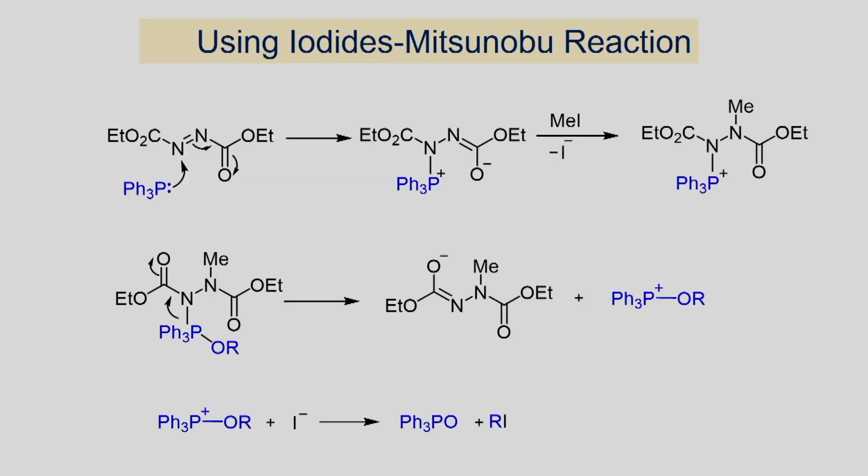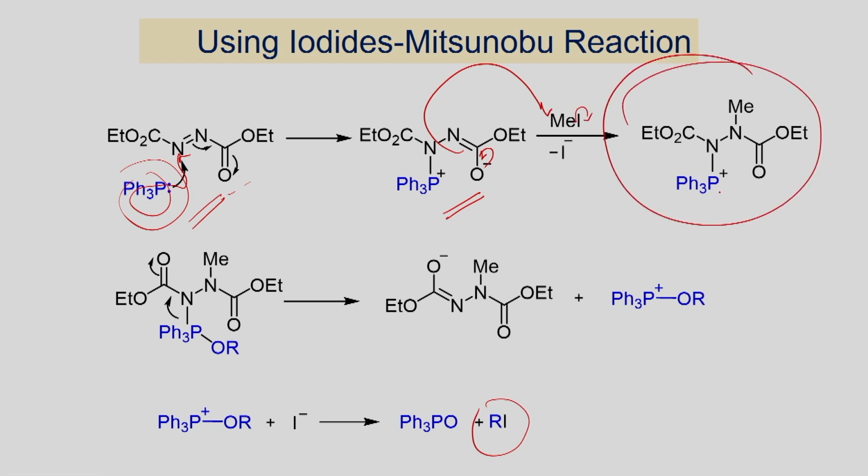In case of iodide, if you want to make alkyl iodide, the best way is to take diethyl azodicarboxylate and react it with triphenyl phosphine. Addition of triphenyl phosphine to the diazo functional group, as shown here, can lead to the formation of this intermediate. Once you form this intermediate, this can now undergo an SN2 reaction. If you have, for example, methyl iodide, you will be able to get this derivative.